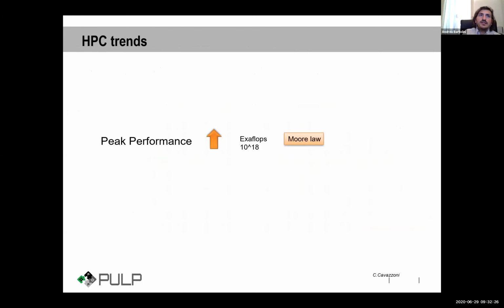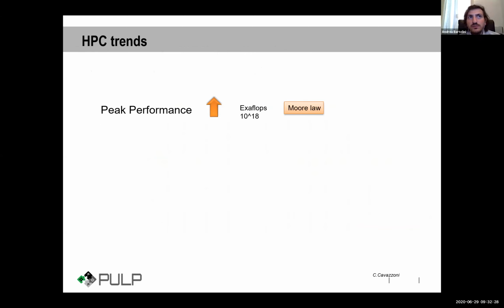So if we look at the HPC trend, if we want to achieve a performance of 1 exaflop, so 10 to the power of 18, we need to have 10 to the power of 18 double precision floating point operations per second. And due to the stop of Dennard scaling, we can clock a floating point unit at maximum gigahertz speed. We cannot go faster.